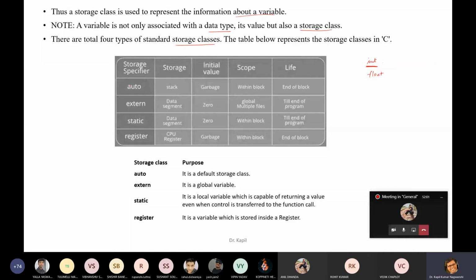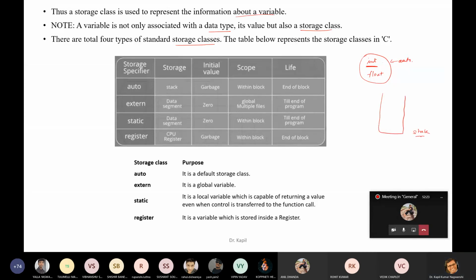Auto: by default, any variable we have created is auto. Like if I have written integer or float, it comes under the auto storage class. The storage type is stack. What do you mean by stack?